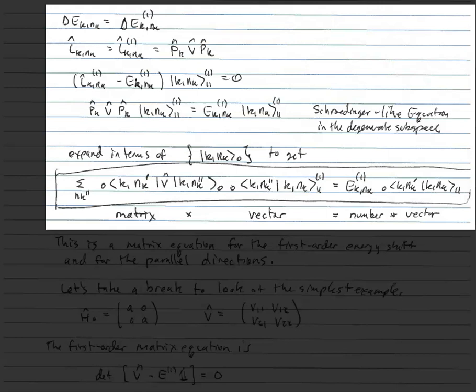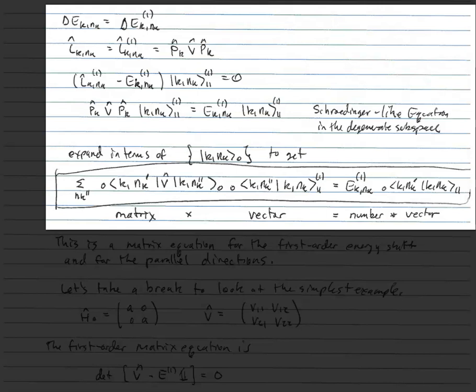So I'm going to multiply on the left and on the right. I'm essentially multiplying the equation on the left by a bra k, nk prime, and I'm introducing a completeness sum inside the degenerate subspace, a ket k, nk double prime 0 producted with a bra 0 k, nk double prime. We're going to stick that inside. That's a unit operator inside the degenerate subspace. The P operators are going to go away because everything is inside the degenerate subspace, and that's going to equal E k, nk of 1 times the coefficient